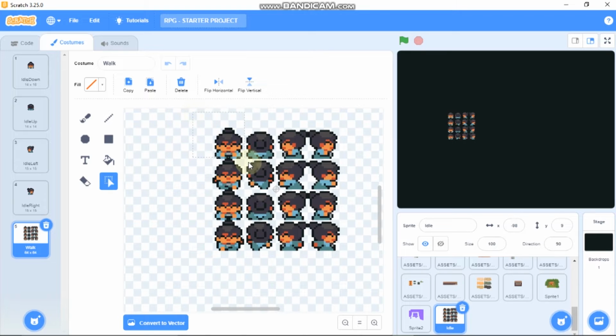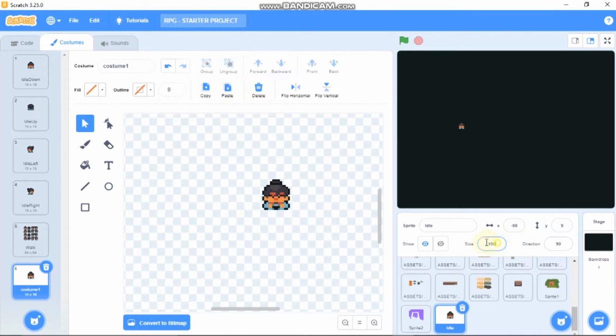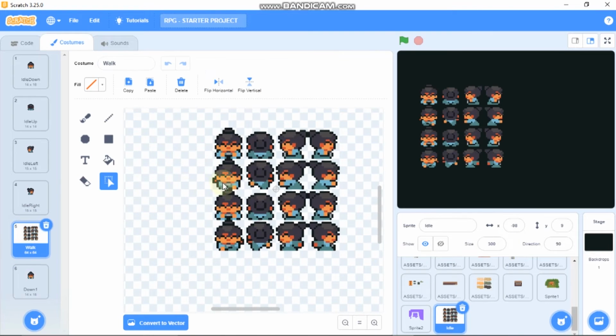So for this, select, and now you can see this is the down sprite. So what you need to do is type down and 1. So this is the first costume of our down walking animation.